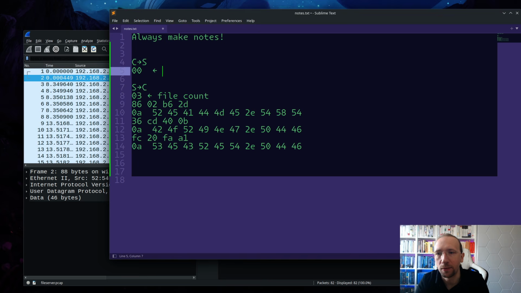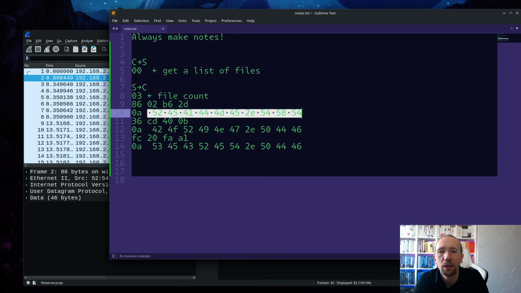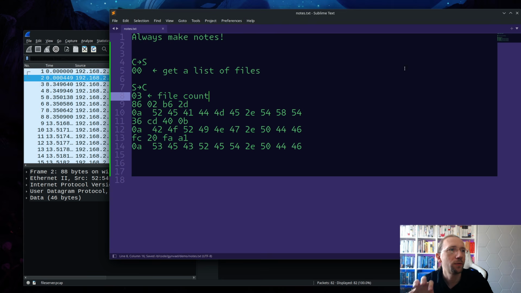Like the 0 here, get a list of files. And then the server will reply with the file count, and then some random value, the length of a file name and a file name. And it does this this amount of times. So knowing this already, we can start implementing the